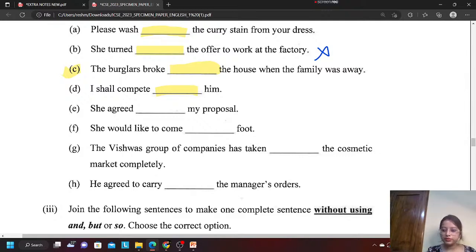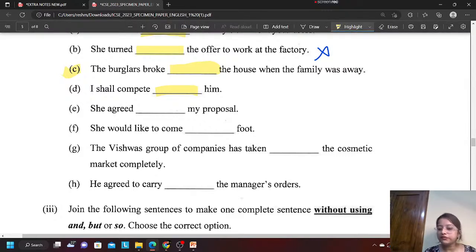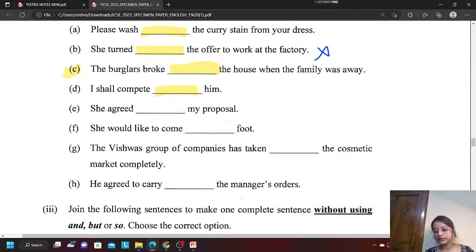I have confusion between to and with. Compete to. See, if you have confusion between to and with, then I will say with is correct. But it could also be that against can be written, right? Maybe Yusuf, you are in a separate team and I am in a separate team in the football match. So both are in different teams, and I can write I shall compete against him.